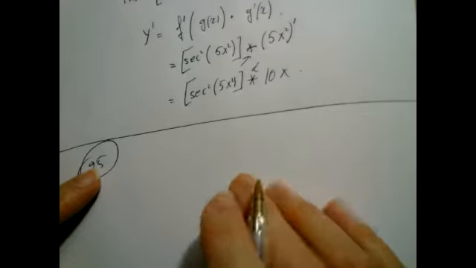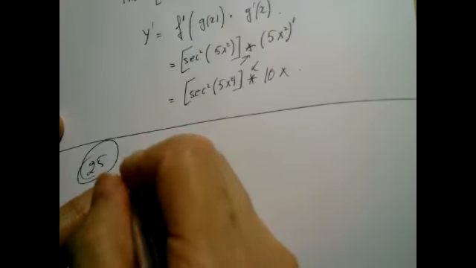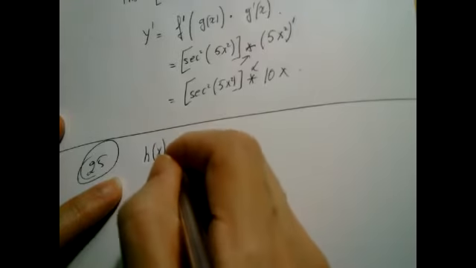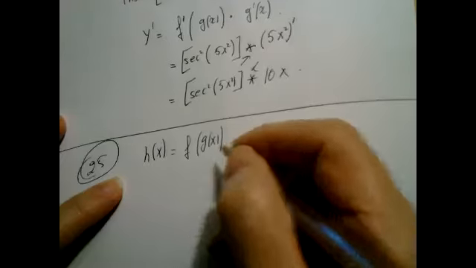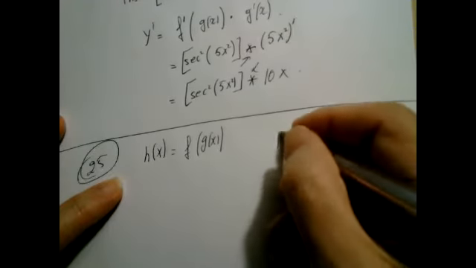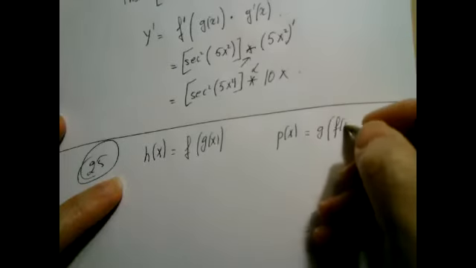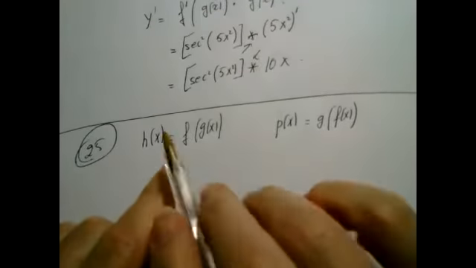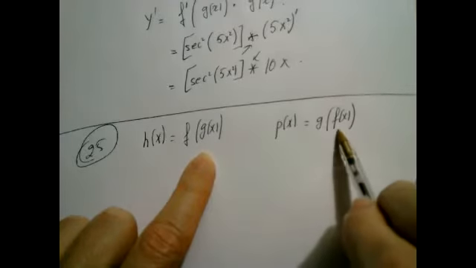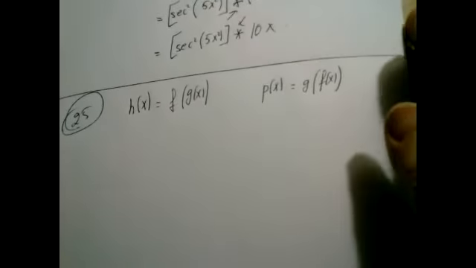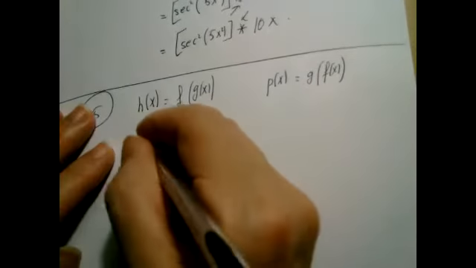Okay, so here they give us a table. And they give us the function h of x, which is f of g, and another function they call p, which is g of f. Of course, those functions are different. Here the outside is f, the inside is g. Here the outside is g, the inside is f. They give us a table of values, and they want us to find h prime of 3,